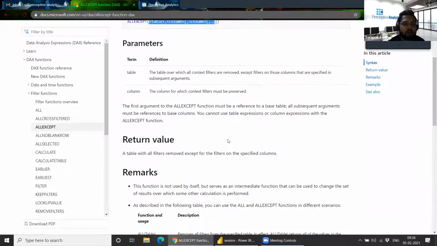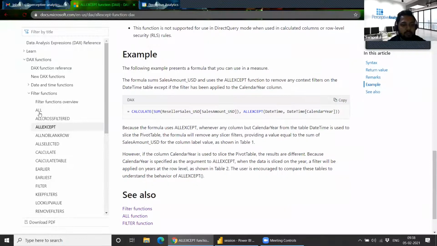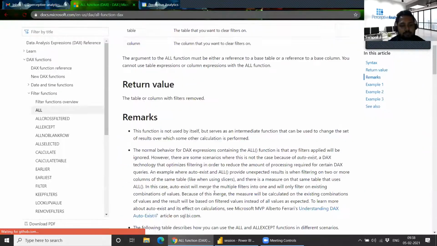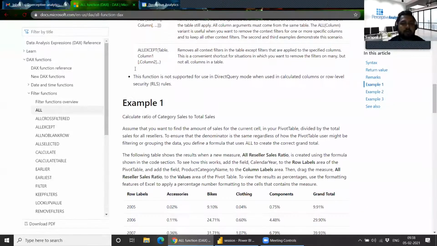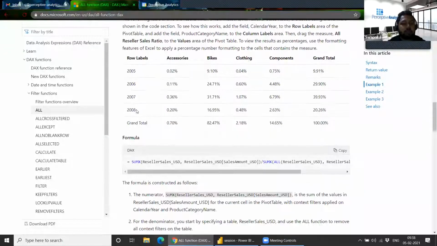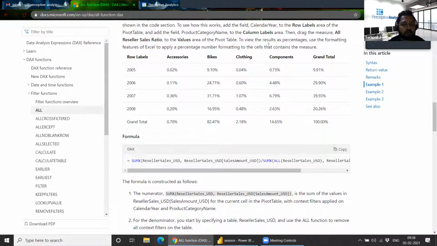Say we show the same table and use ALLEXCEPT with just the dates. It will remove all the remaining filters and keep only the date filter. So the data gets filtered based on date, but not on these verticals. This is the function of ALLEXCEPT.